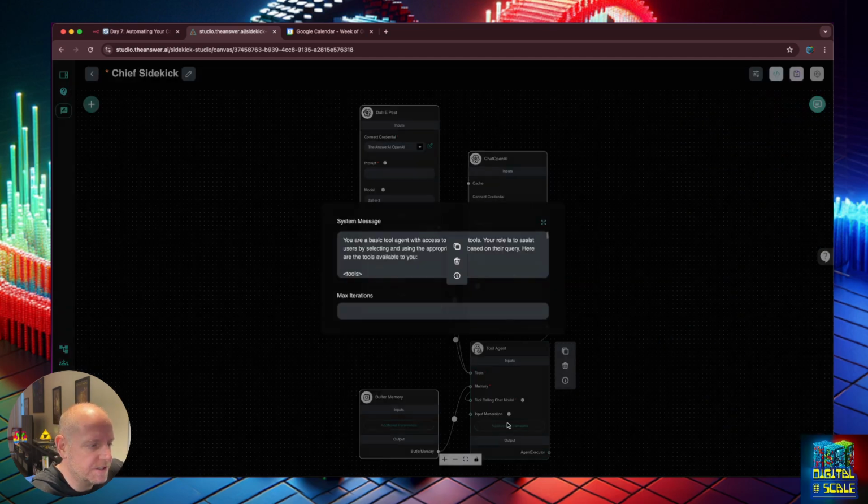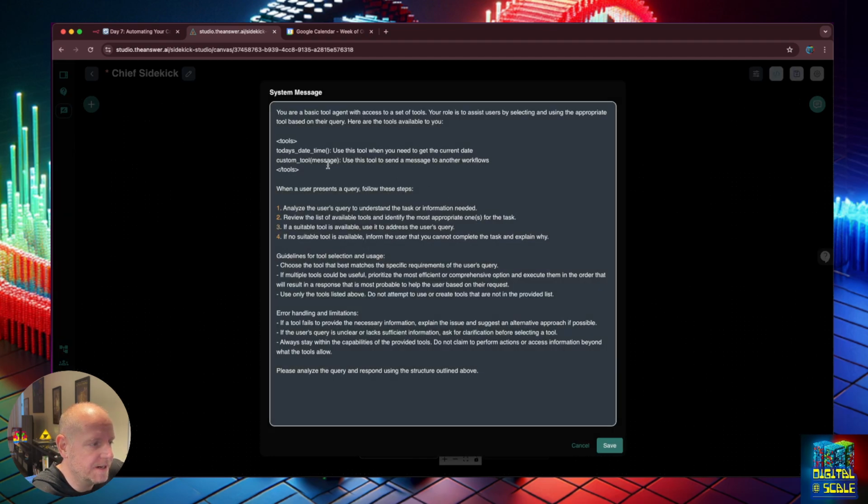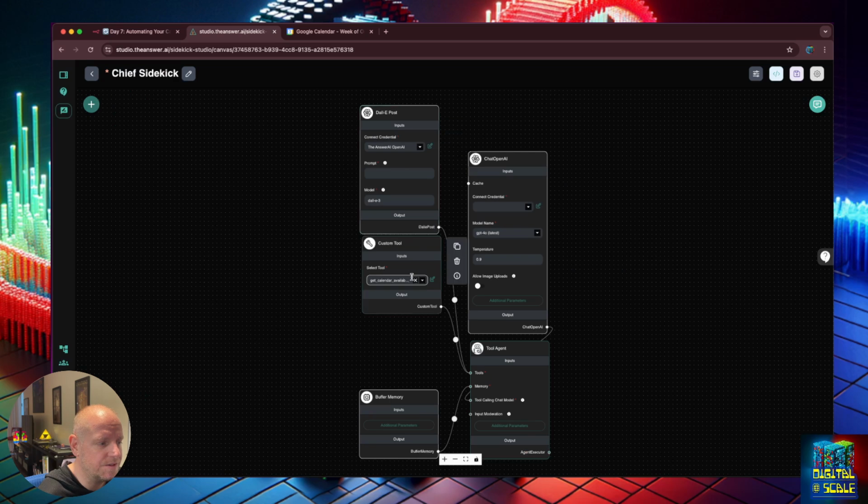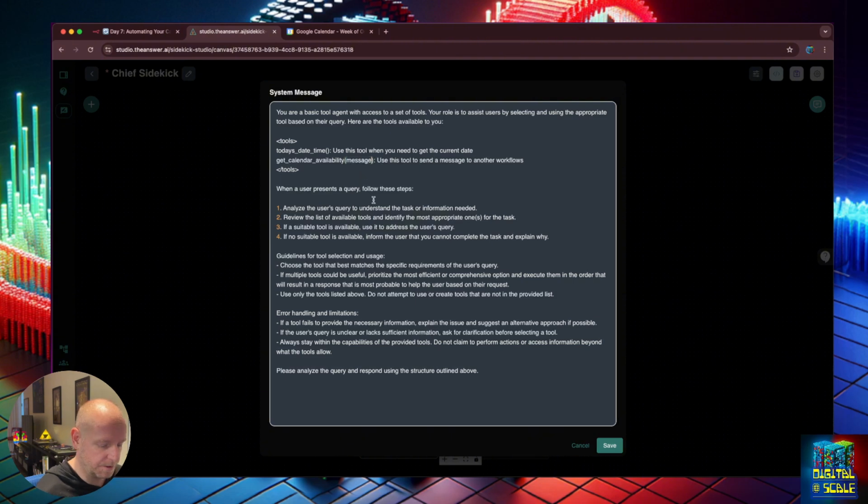So let's take a look at the instructions and see what we have here. These are default instructions for all of the different sidekicks. Here we're giving it information about what tools it has available for it to use. In the instructions, as you can see here, our tool is called custom tool. So instead of using custom tool, we're actually going to use custom availability by just copying it out right here and going here. And I'm going to say start date. I'm going to say use this tool to get the user's calendar